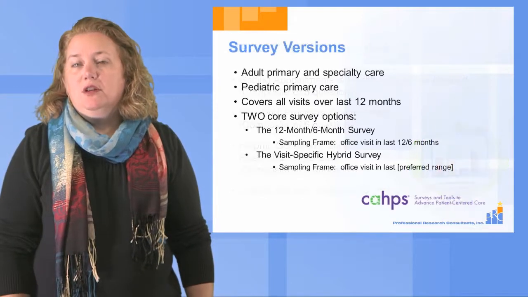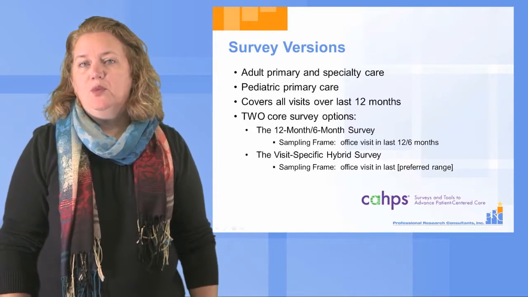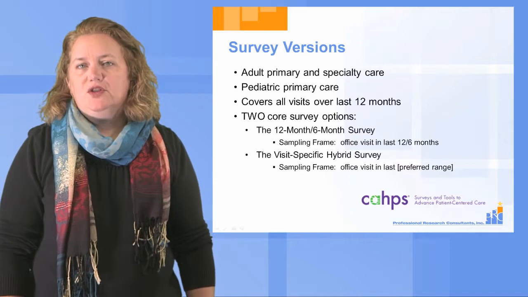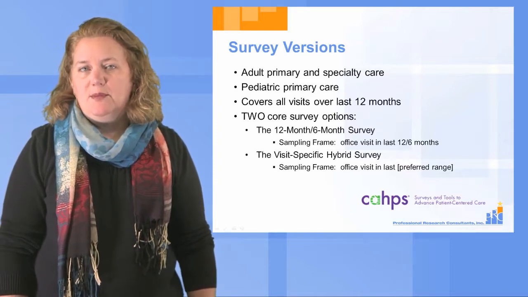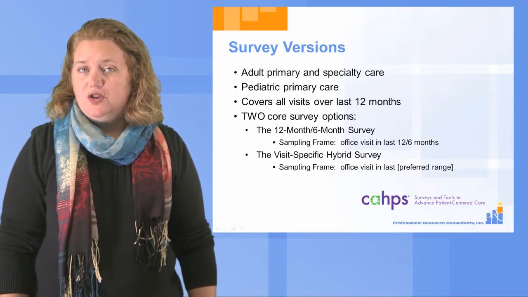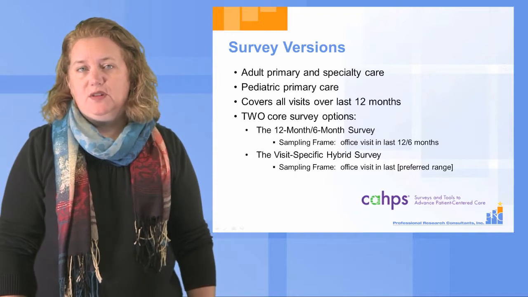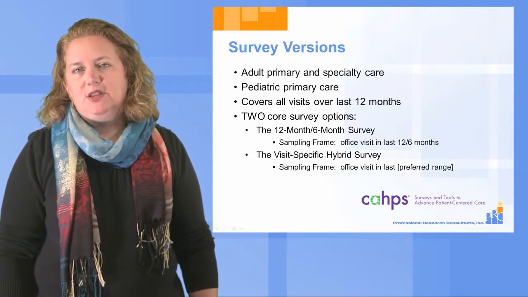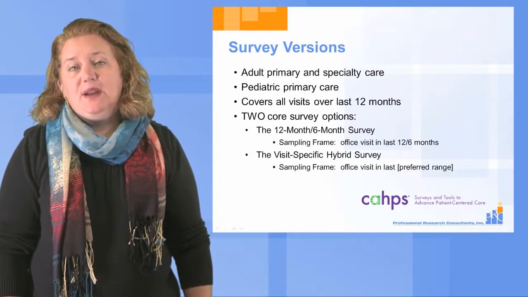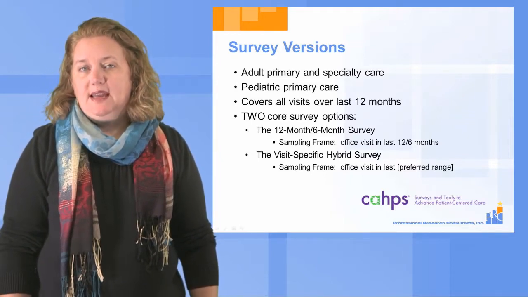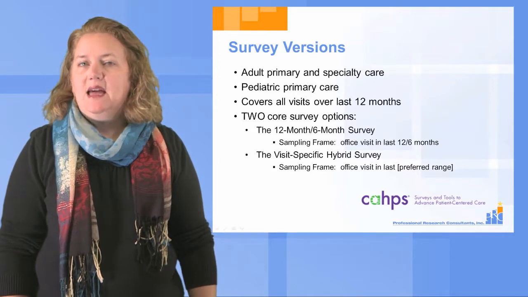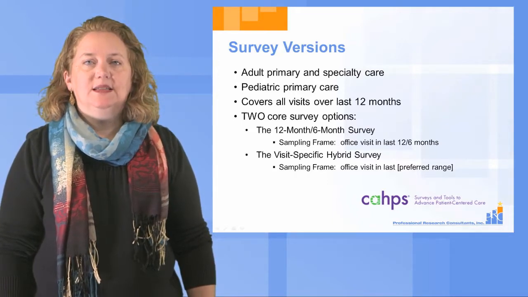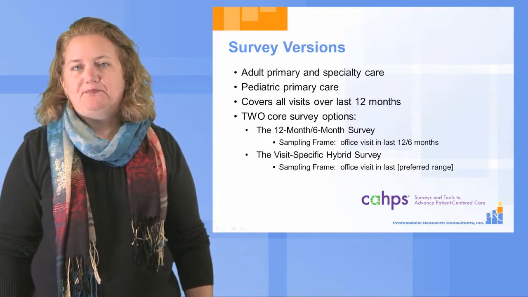We're going to look more closely at these composites, but before we do, let's look at options for the core survey. The very first survey developed was intended for adult primary care visits. Then another version was created for adult specialty care visits, adding a few more questions that would be unique to the experience of seeing a specialist. A separate expanded version was created for measuring pediatric primary care visits, again building on the core and adding questions that would be unique to asking parents about the care their child was receiving.